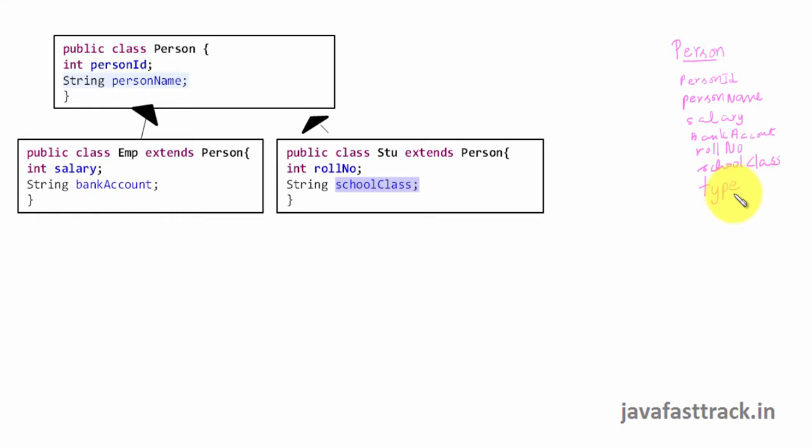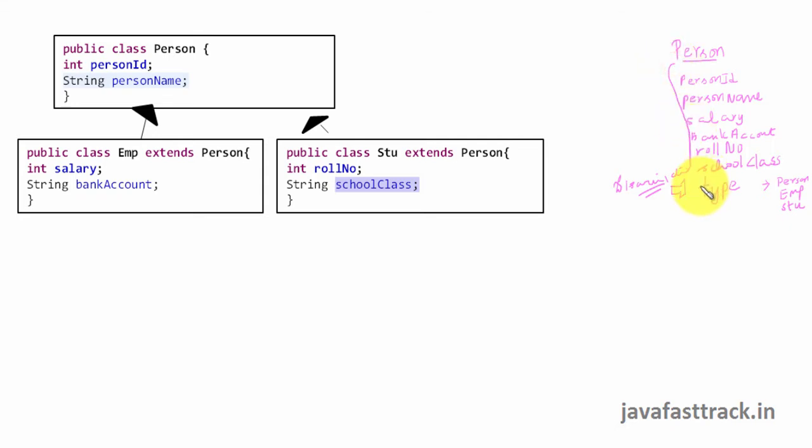This is called as the discriminator column. This is the main concept here. In the single table strategy, you will have something called as a discriminator column. Discriminator, a column which identifies what type of data you are going to store. So in this column, you may insert data that you are inserting a person class or you are inserting an EMP class or you are inserting a student class. That is single table strategy.